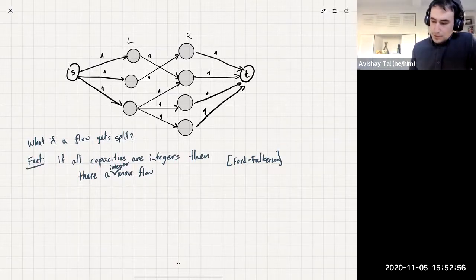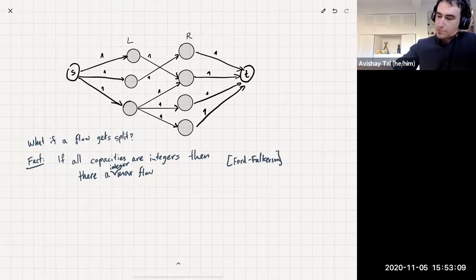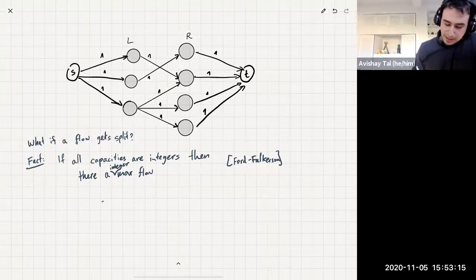So the claim that we want to make about this reduction is that a max flow in this graph corresponds to a matching in the original graph. That's the correspondence that we want to prove. We want to argue that there is some kind of correspondence: any matching M in the original graph